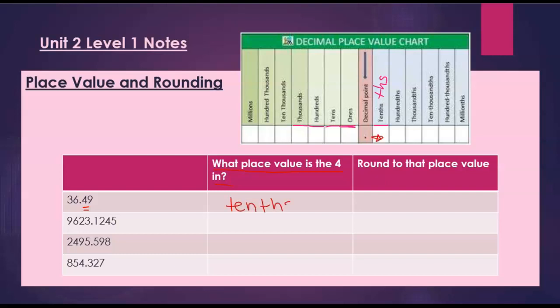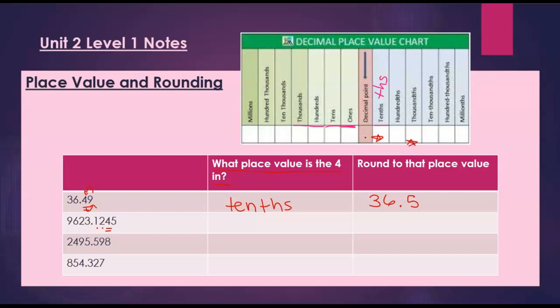Now, if we were rounding to that place value, we would look to the right, 5 or above, we bump that 4 up to a 5. So we would write 36.5, and we don't need the 0 here because 36.50 or 5/10 is the same as 36 and 50 hundredths. Our next one, the 4 is 3 spots after the decimal, so we have tenths, hundredths,